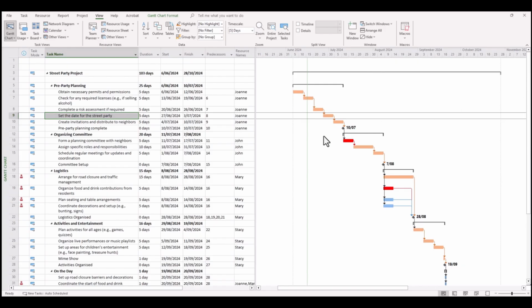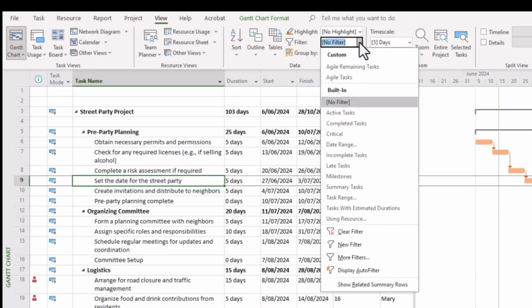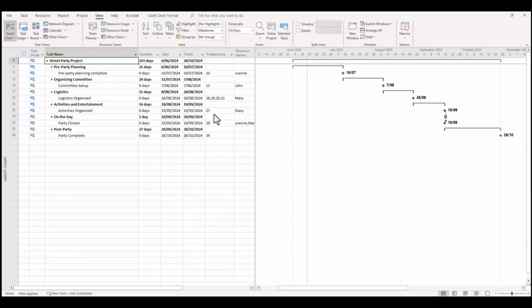Now, the filter function within the View ribbon is also something that can similarly be used to provide targeted information to particular members of your wider project team. So at the moment we've got no filters selected, so simply go and look at the range in which your filter can apply. So say for example you're only interested in milestones. It'll just go straight up and roll up all of the milestones within your project.